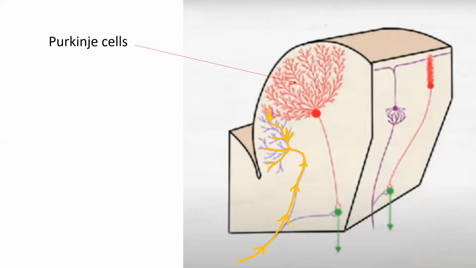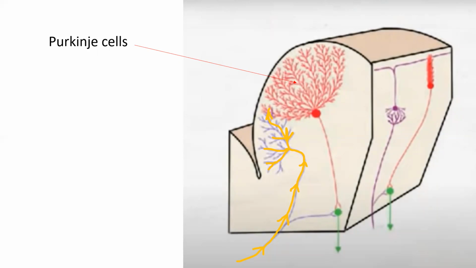It's a simple circuit that can comprise the entire cerebellar cortex, and these Purkinje cells then project to the deeper cerebellar nuclei, which we will discuss. And from the interior nuclei of the cerebellum, and from those nuclei,